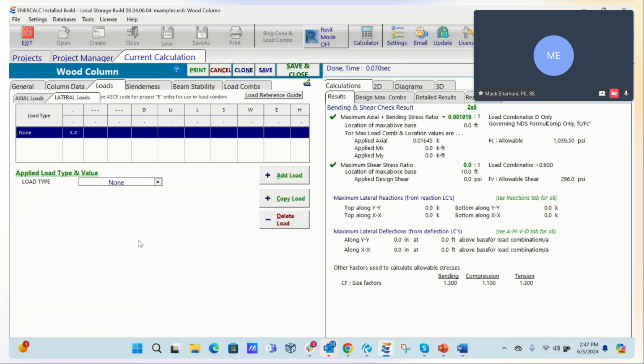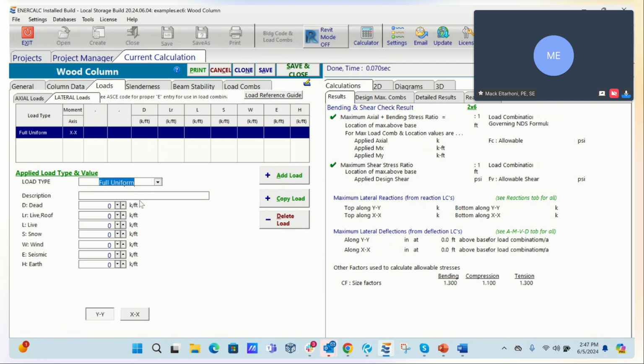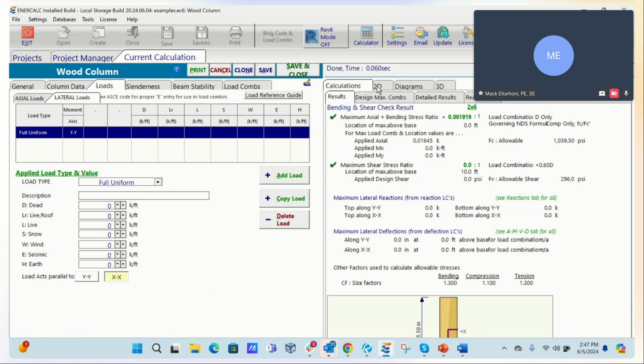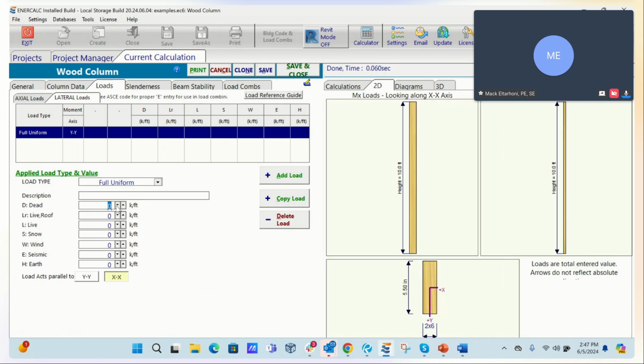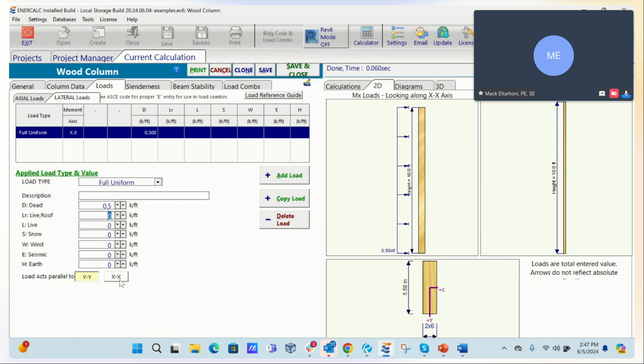Now these loads can be applied in both directions. So you can apply something in the YY direction or the XX direction. So you can control that. So if we have, for example, 0.5, you can apply it in either direction.